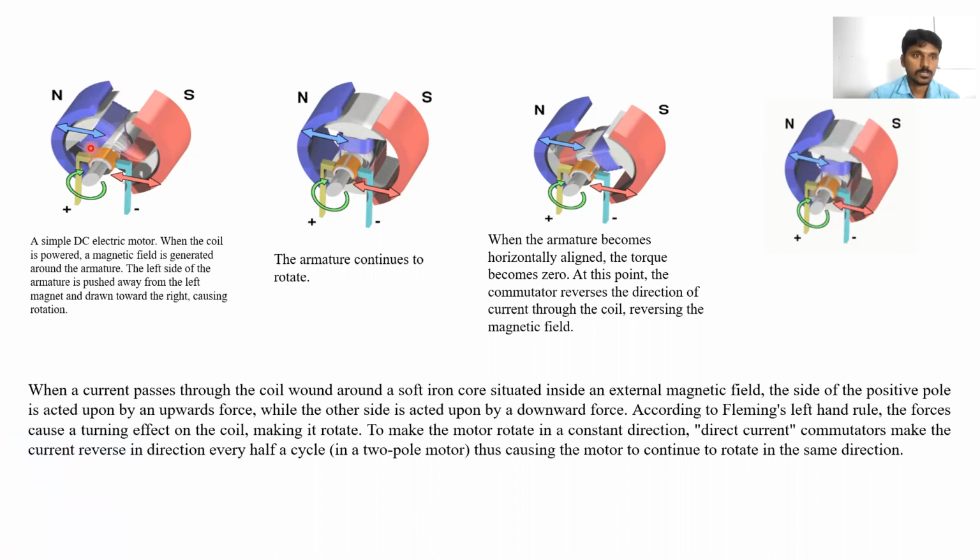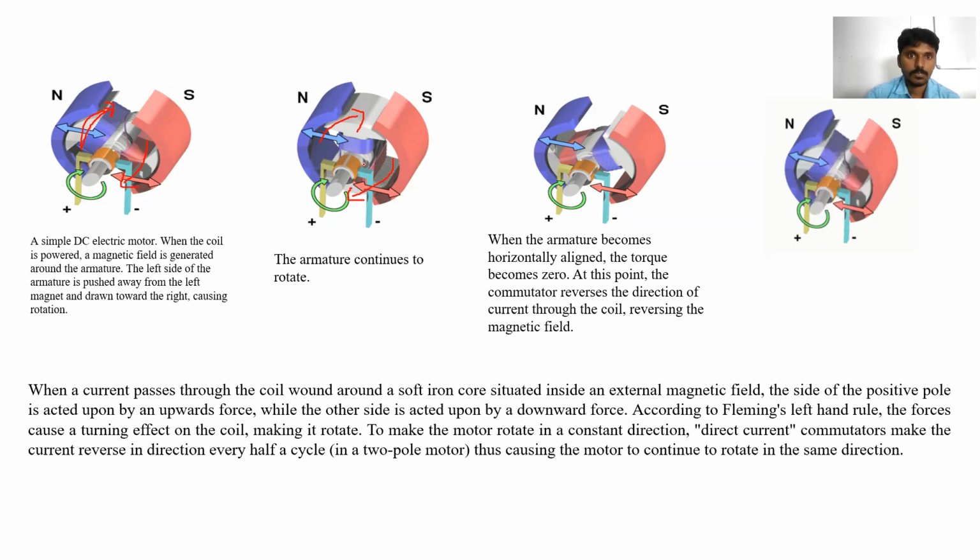And this force moves in this direction like this. So at that time, this position of the coil comes like this. Whenever the force is attracted like this, and when the current is leaving the conductor, that force is acting in this direction. So due to this, the coil rotates in this direction. Clear?